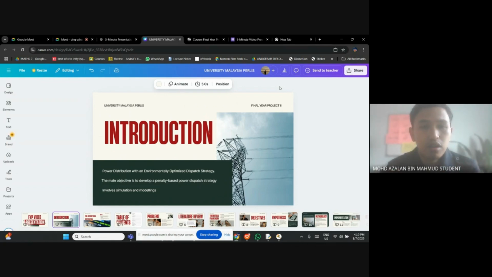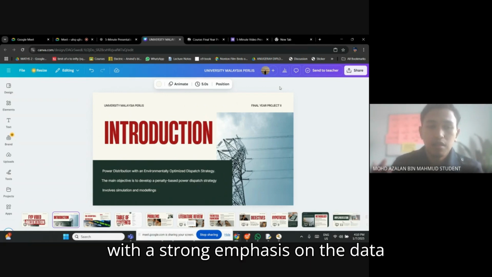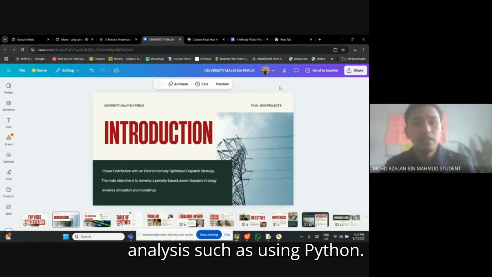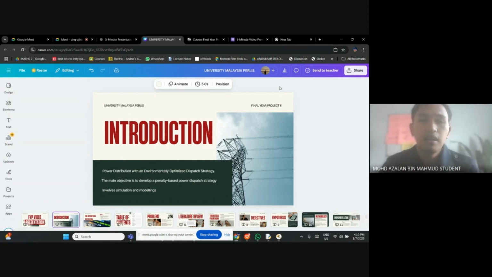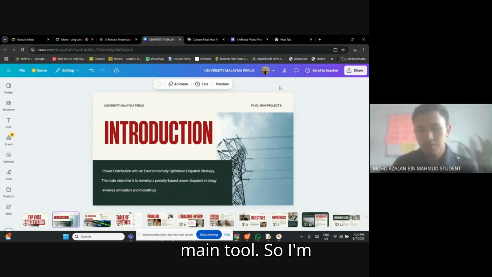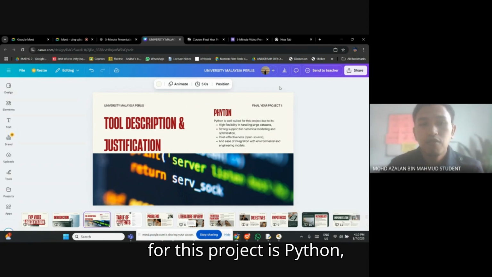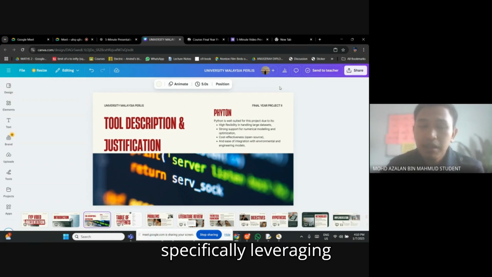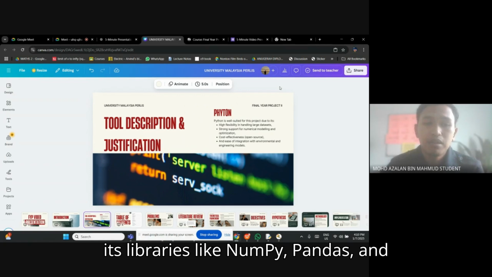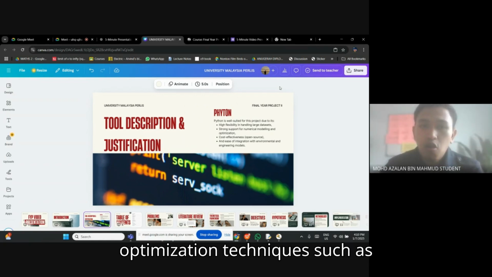The approach involves simulation and modeling with a strong emphasis on data analysis, using Python as the main tool. So I'm using Python here. The main tool I use for this project is Python, specifically leveraging its libraries like NumPy, Pandas, and Matplotlib, alongside optimization techniques such as sequential